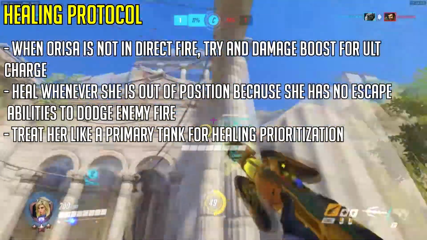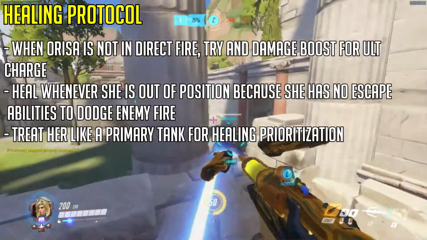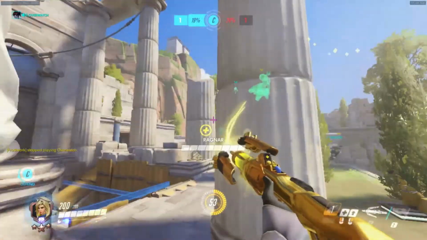But if she is behind a shield, then you would want to damage boost her, because she charges pretty fast for ultimate charge. Now I'm going to be going into each one of her abilities and what you should do